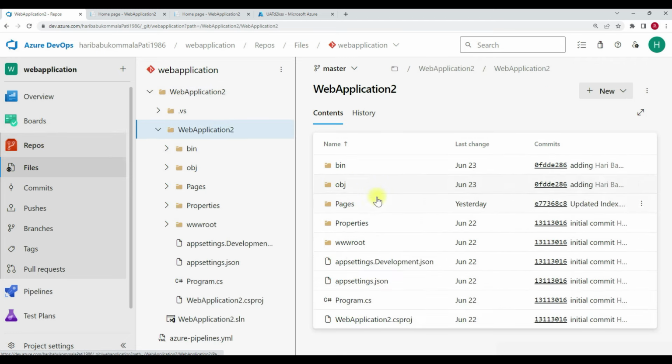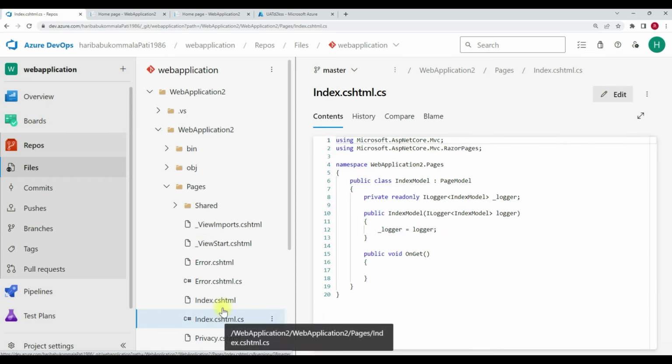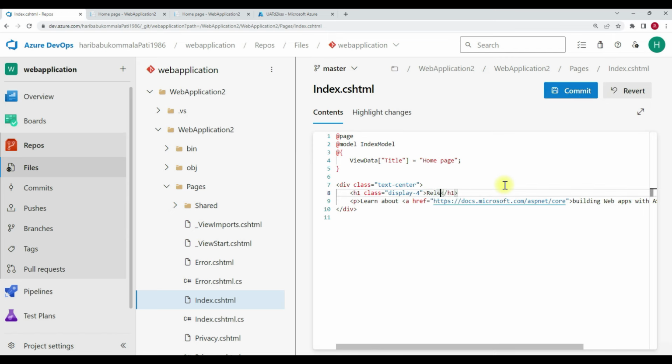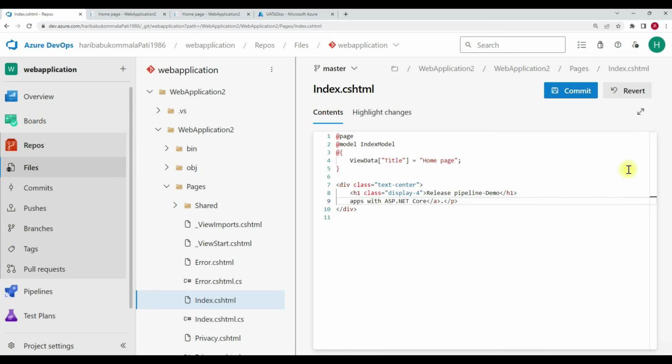Once this stage is completed, what you can do here is go back to the repos under the web application 2. Generally from Visual Studio you can modify all these codes. So here change it as release. Edit this particular HTML directly in the repo itself. Release pipeline demo, and remove this content. So click on commit,